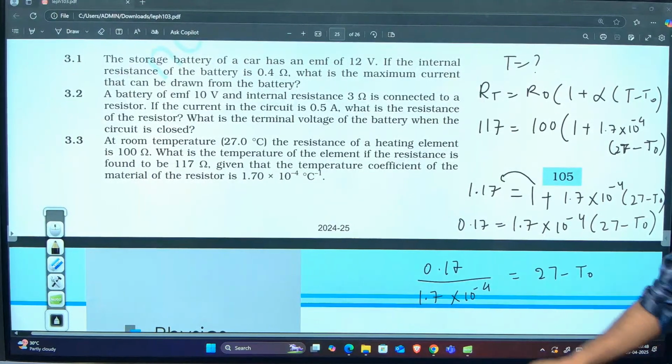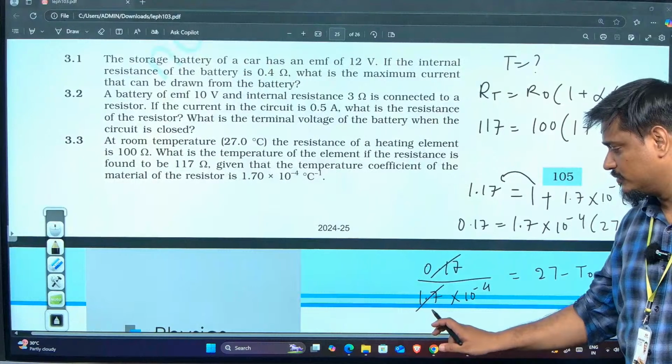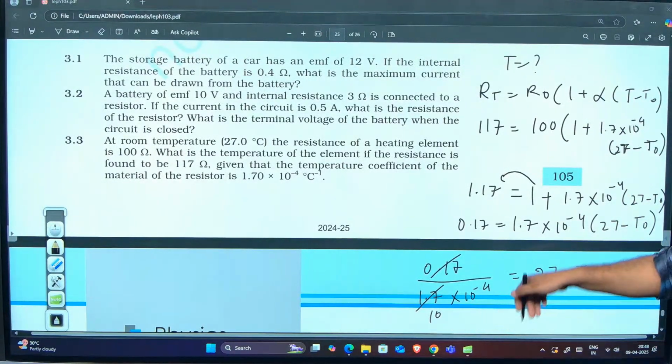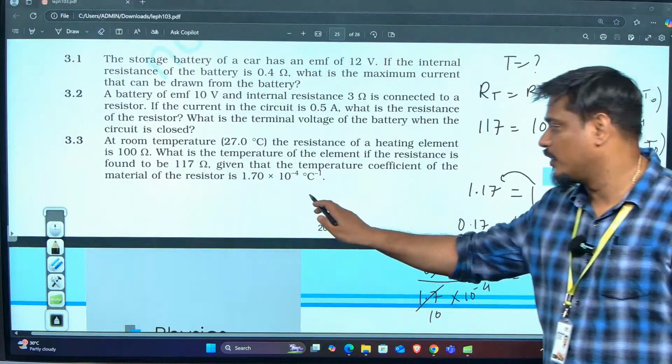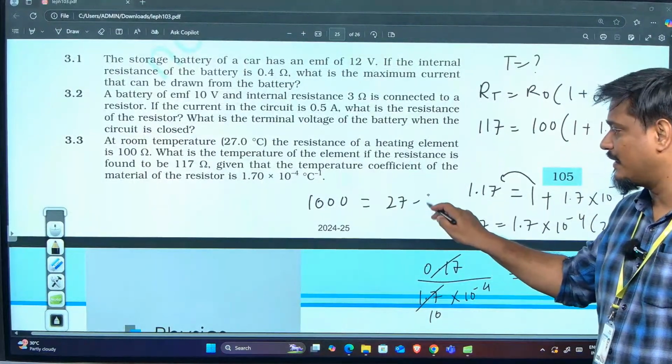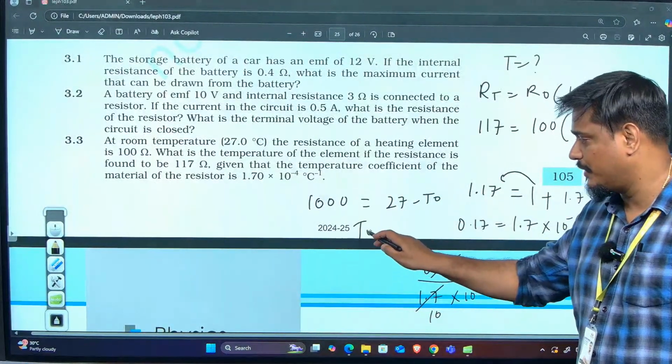Now solve this. 0.17, how many times will it go? 10 times, and this will become 10 to the power minus 3, which goes over and becomes 10 to the power plus 3. So you will get 10 to the power 3, which is 1000, equal to 27 minus T naught. So T naught will become equal to,